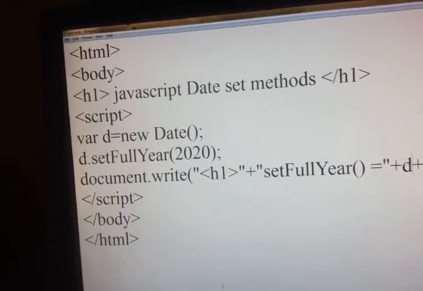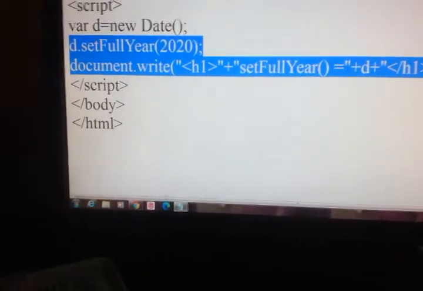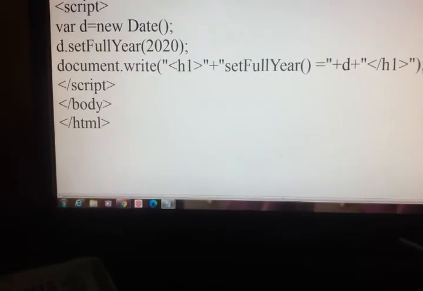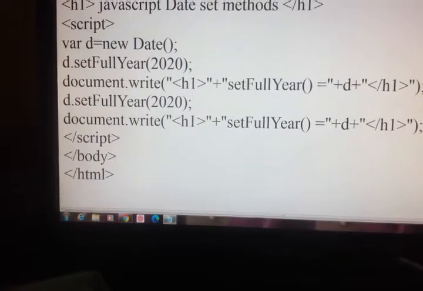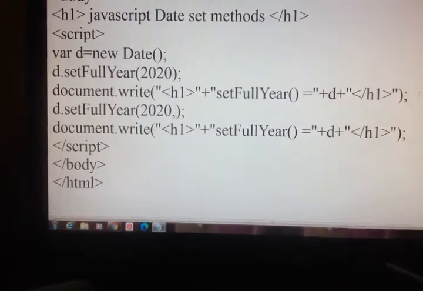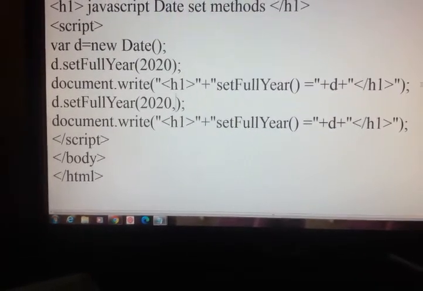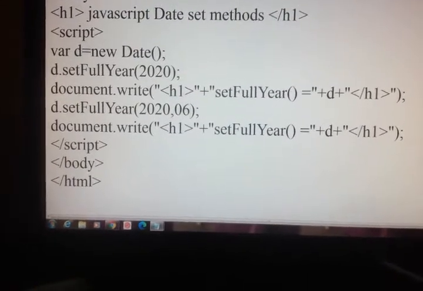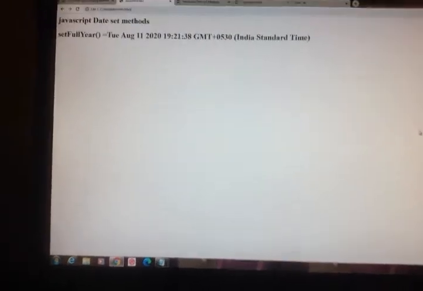Now there is another version of this full year that you will also see. Instead of only the year we can even pass month. 2020 comma, let us suppose I will pass 06, Control S, save.